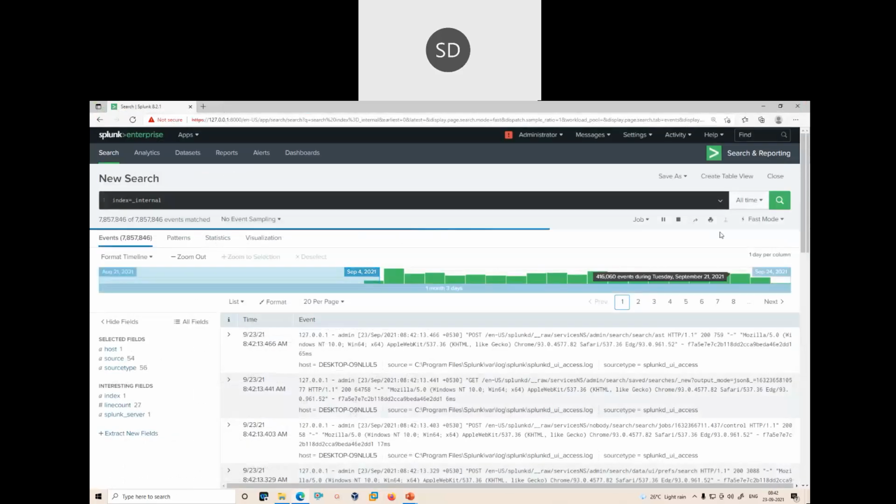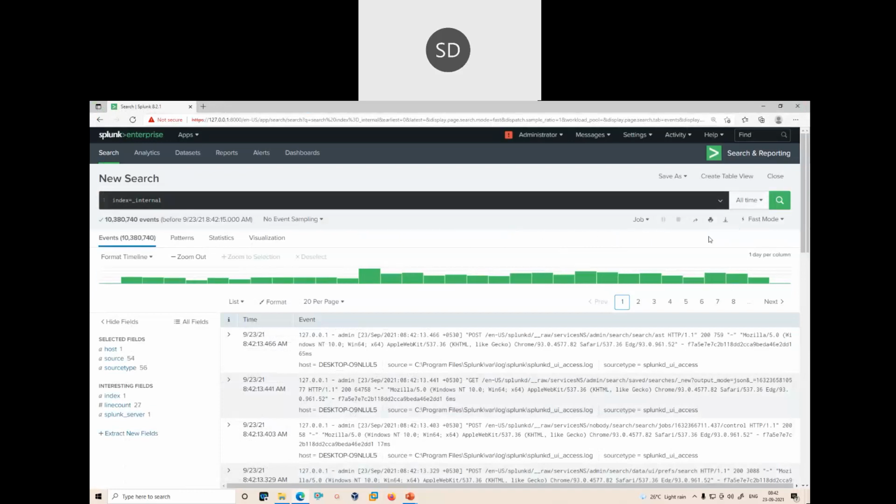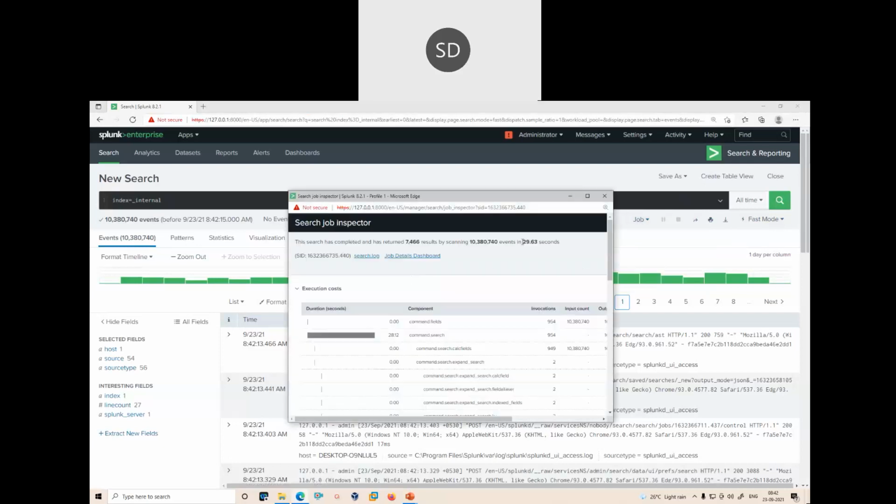One second, it's still searching. Let it complete. So now you can see it took 29.63 seconds to search in the fast mode, and this is what it searched in the particular time, and the particular info it's showing.